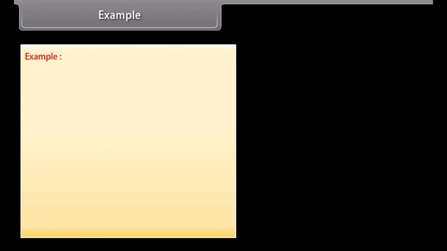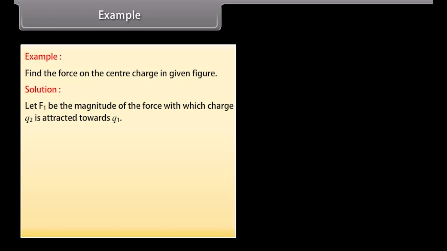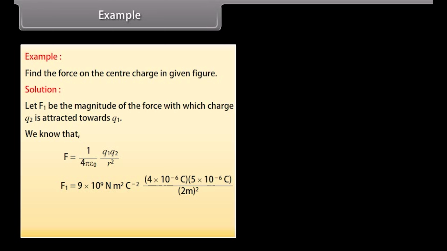Example. Let's take an example on Coulomb's law. Find the force on the center charge in given figure. Let's see the solution. Let F1 be the magnitude of the force with which charge Q2 is attracted towards Q1. We know that F1 is equal to 1 upon 4 pi epsilon naught multiplied by Q1 Q2 upon r square. Put the values in this equation, we get F1 is equal to 45 into 10 raised to the power minus 3 Newton, which is equal to